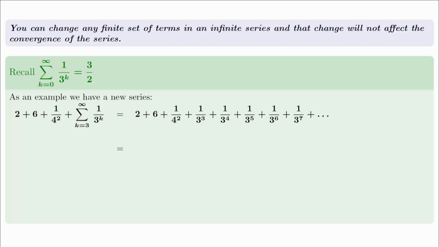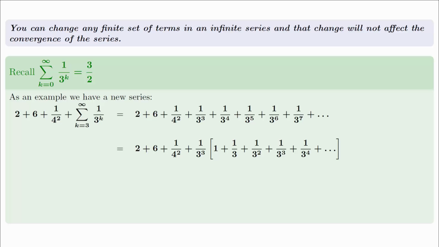Now just factor 1 over 3 cubed out of the terms where this factor appears, and recognize that you end up with the geometric series again. Strange, but very typical of what happens when dealing with infinite sums. You get 2 plus 6 plus 1 over 4 squared sitting out front, and then you get, added to it,